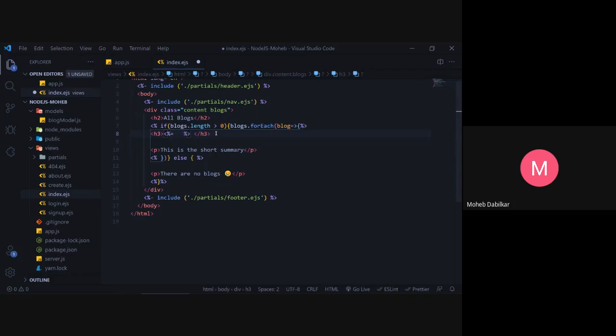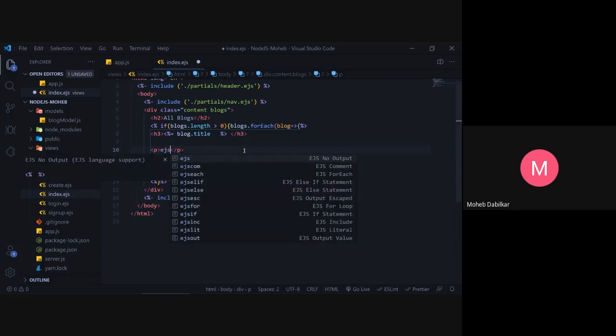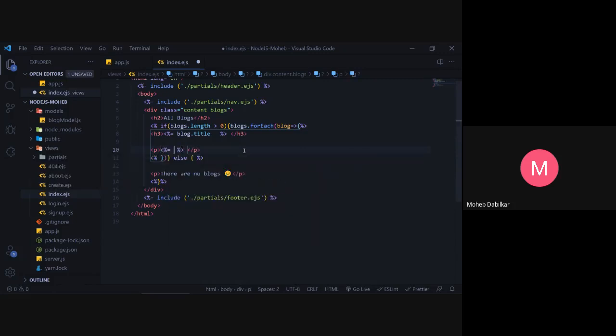So I guess this will show an equal to, so this gives an output, and then blog.title, and then over here we want to pass in the summary. So that is our snippet. So let's just say EJS output, and then let's just say blog.snippet. Okay.